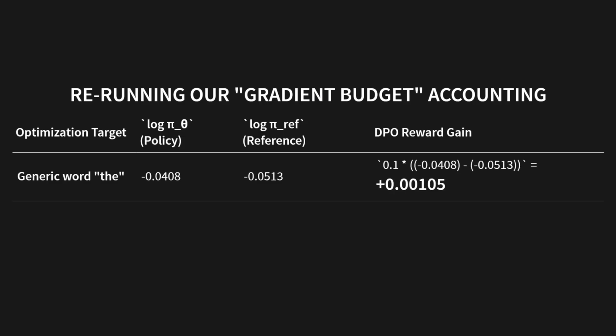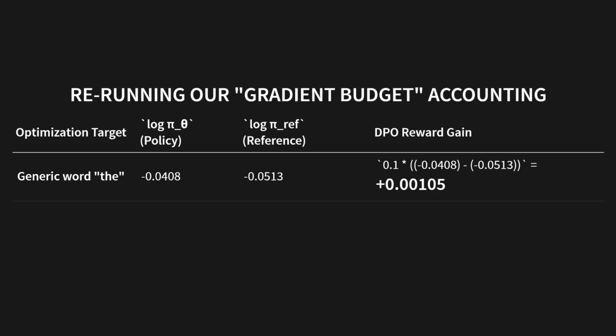Okay, let's look at this new table. First row, the generic word "the." The policy model gives it a log probability of negative 0.0408. The reference model was already good at this, giving it negative 0.0513. So the DPO reward gain is 0.1 times that tiny difference, which equals a teeny tiny plus